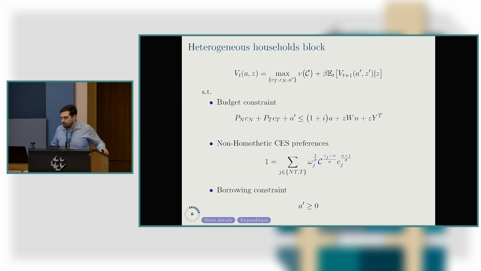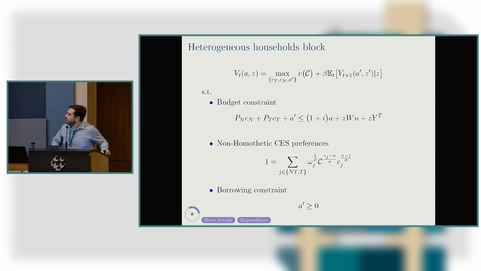So here is the household. As I told you, these are the main modifications in the standard model. A household consumes non-tradables, this is PN, the price of non-tradables, and CN, consumption of non-tradables. They consume tradables at price PT, and they have access to a domestic currency nominal asset. And they also receive income from labor, coming from the non-tradable sector, and they have an endowment of tradable goods.